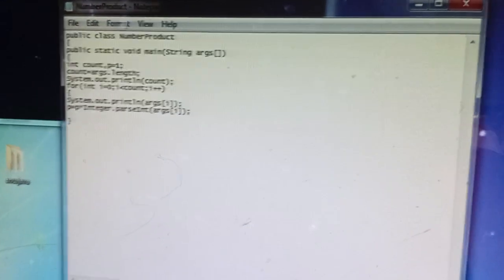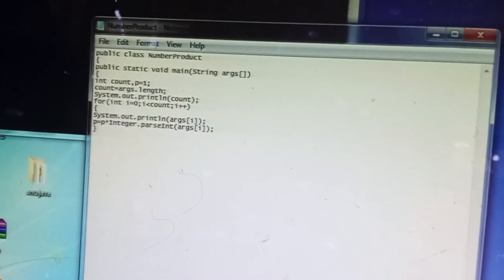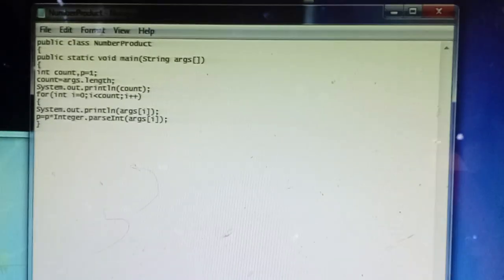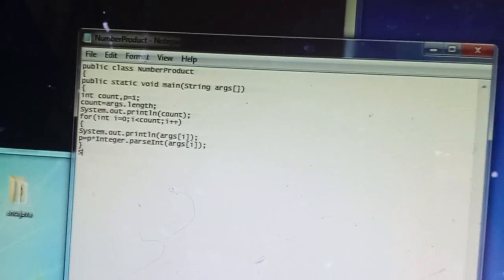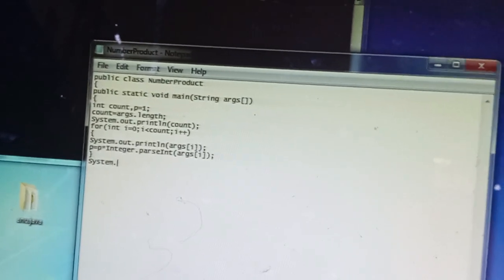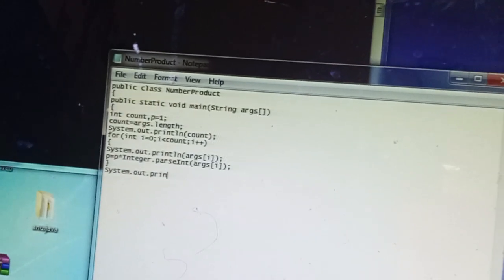Okay, now after completing all this, we have to print the product. How much product we got, we have to print in the command line. So how to print? Again System dot out dot println.